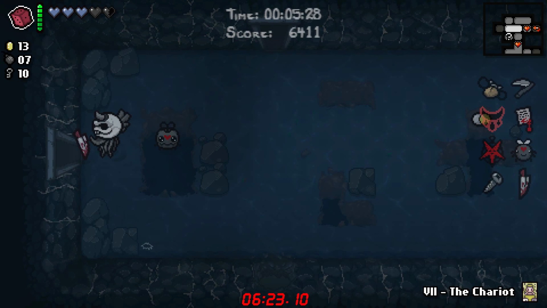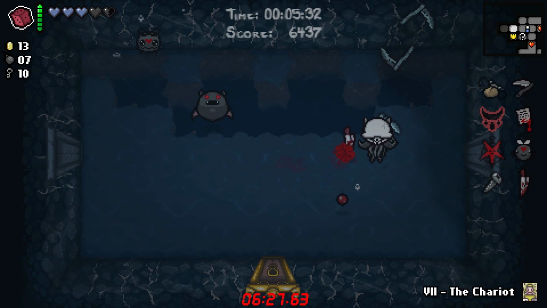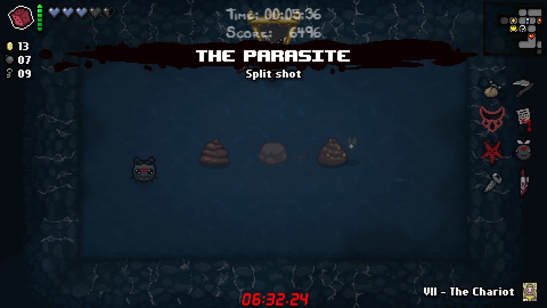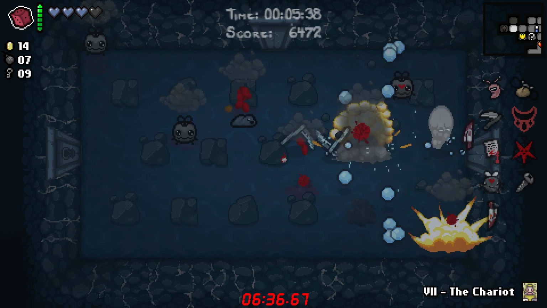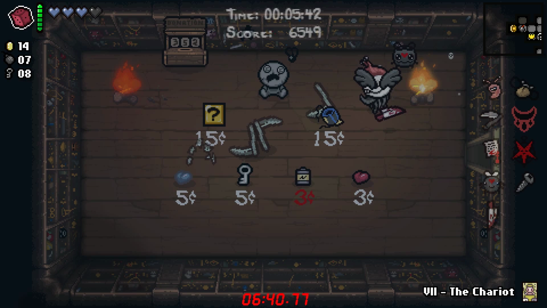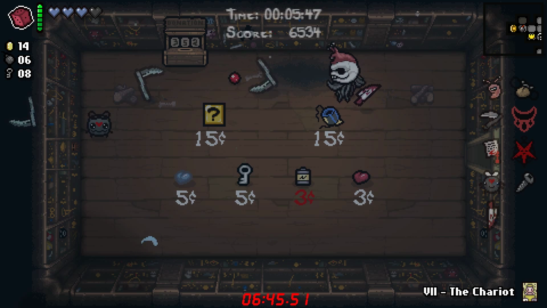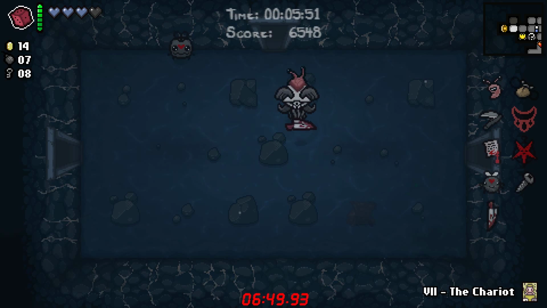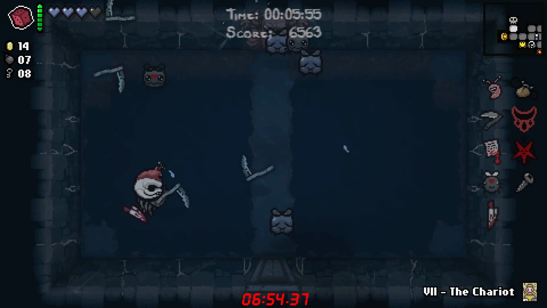I would like to find the item room. Oh, speaking of. Parasite's good. That was unfortunate. This gives us... Okay, I'm not supposed to have a donation machine. No, it's supposed to be something that I have. So...